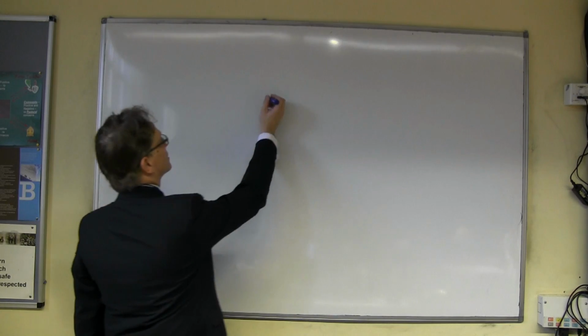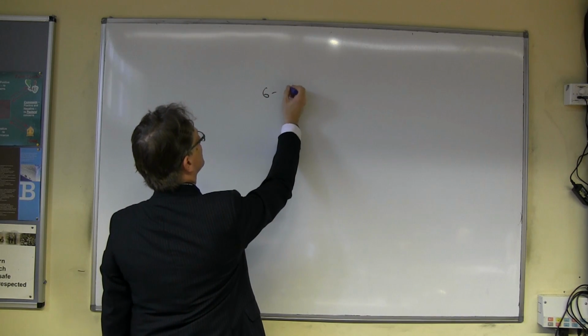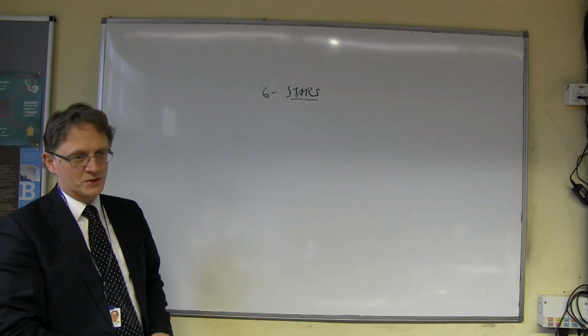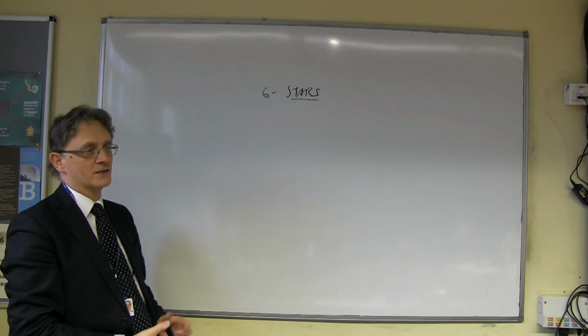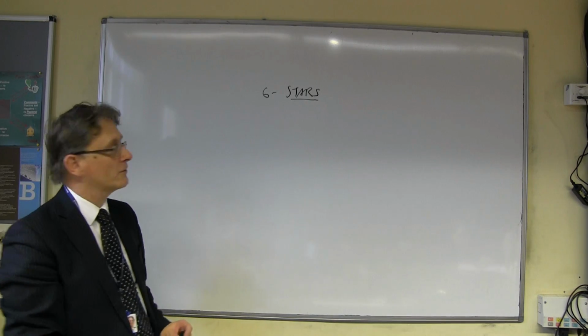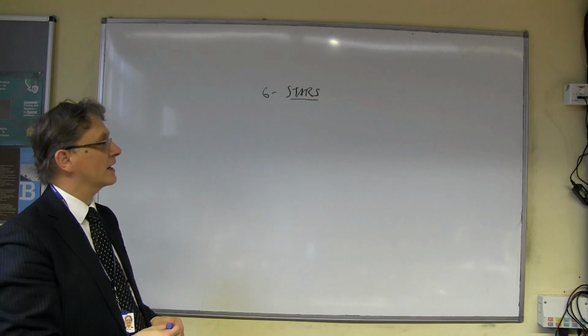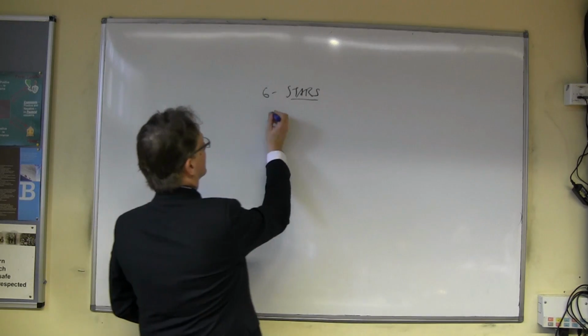We're starting a new section today, which is section 6 for no obvious reason, which is to do with stars. All right. You might be wondering when this was coming. Astronomy is obviously to do with stars, hence the name. And today what we're going to have a look at is how stars are made, how they exist, and how they finally die. In other words,